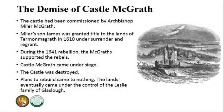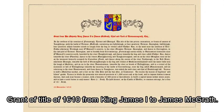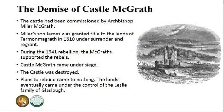The castle itself then was commissioned by Miler, and it was his son James who took up occupancy in it, and again ensuring that the McGraths continued in this particular area. Of course, the McGrath Castle became a very potent symbol of the authority of the area, and in fact in 1610 James McGrath was awarded a grant of title to the lands of Termon McGrath under the English surrender and re-grant system. So the castle itself remained in the McGrath family's hands until in 1641, the outbreak of the Confederate Rebellion,